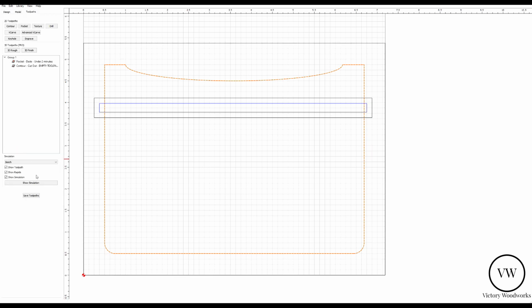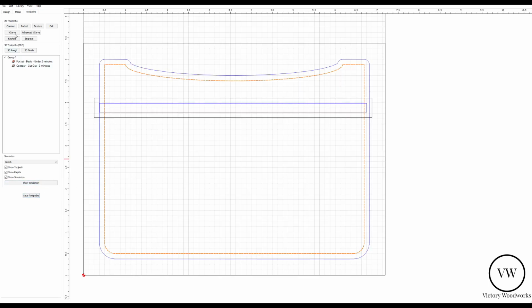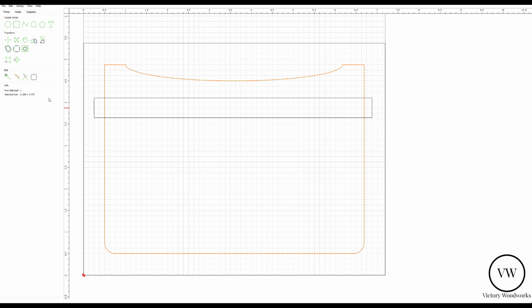Okay, let's see what that looks like. So we can see there's our dado, here's our cutout. We can also see that we forgot to add any sort of tabs. Okay, so let's go back to design and let's select the outside, which is already selected, and add in our